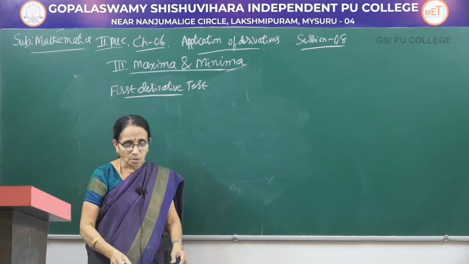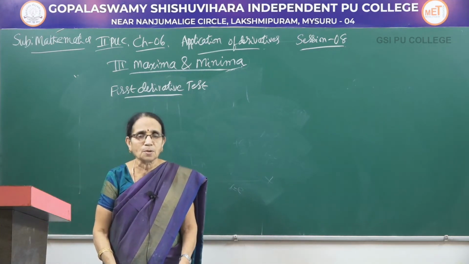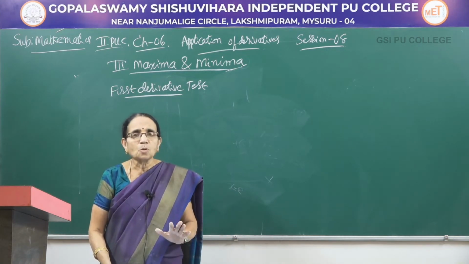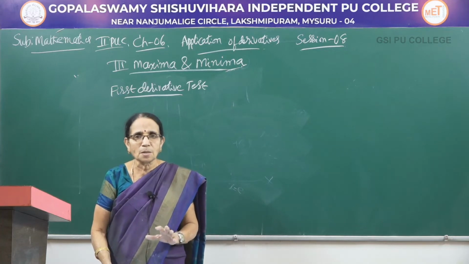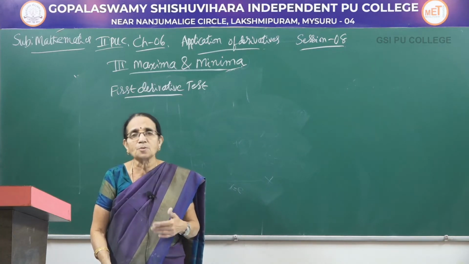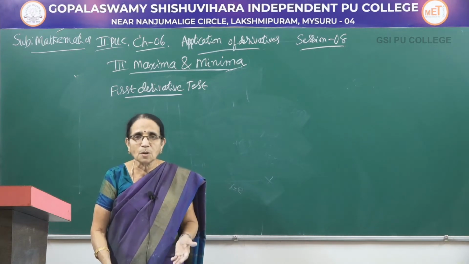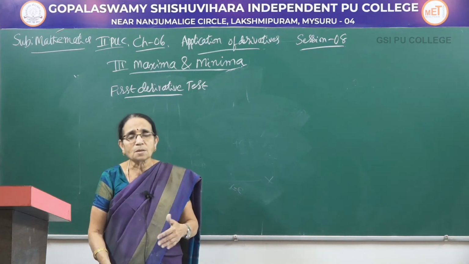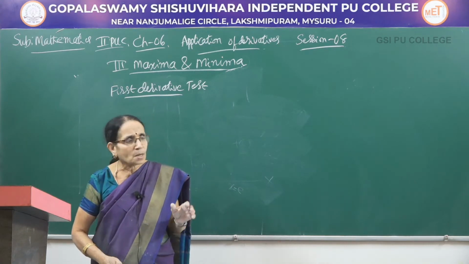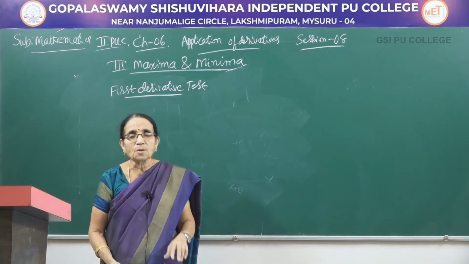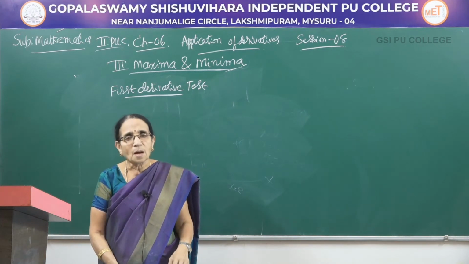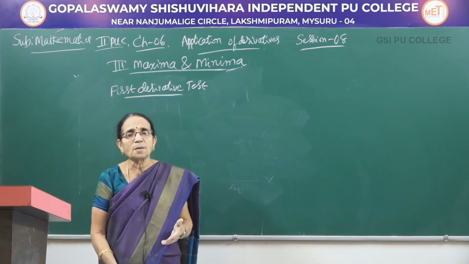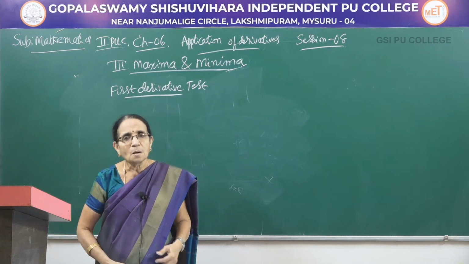Here, of course, there is one more test called the second derivative test. To work out the problems, any one of them can be used. Usually, to work out problems on maxima and minima, whether it is a numerical problem or a statement problem, where a function is given directly or you may have to form the function, we use the second derivative test, which is comparatively easier to apply. But I will give the statement of the first derivative test and work out one example with the help of which I want to show you how you can use the first derivative test to know whether it has a maximum point or a minimum point.